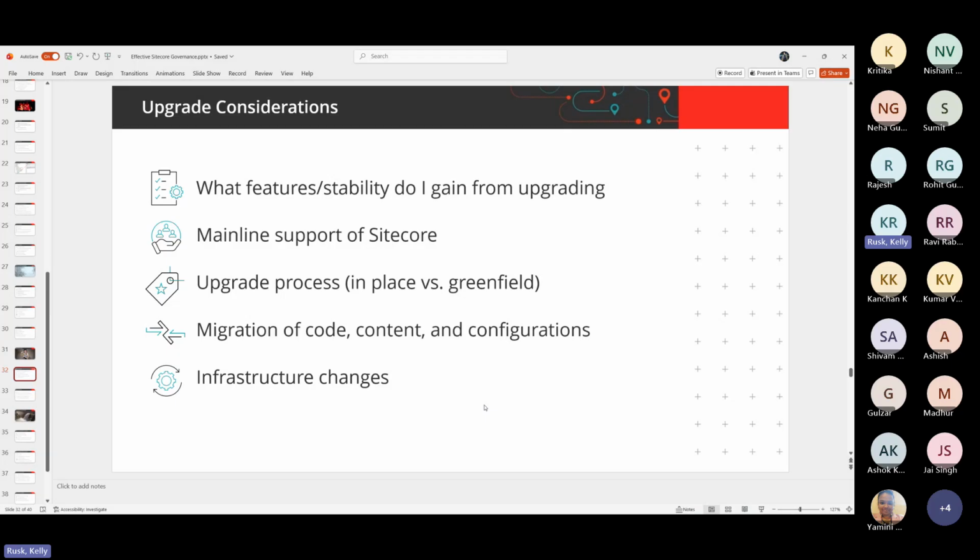What's your upgrade process? If you document the upgrade process, you're going to thank yourself so much every time you have an upgrade. And I want to pause here for a second. I know all of us on this call have been affected by a Sitecore upgrade. If not, you will be at some point. Think about how much easier it is if you just have a simple run book that explains how to upgrade, versus every single time having to hire somebody else out or go research again and again and again on how to upgrade your Sitecore.